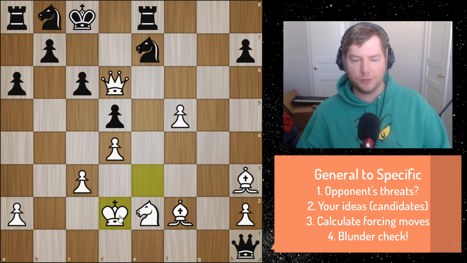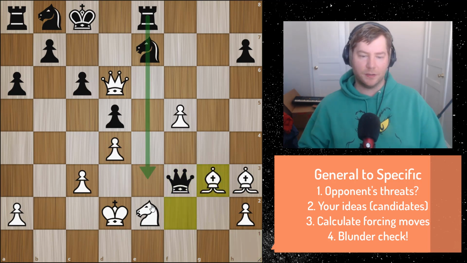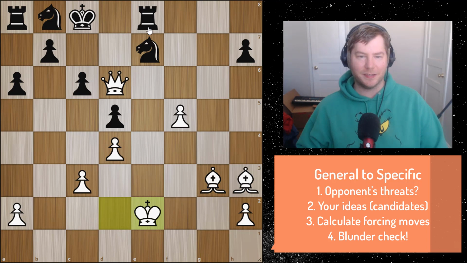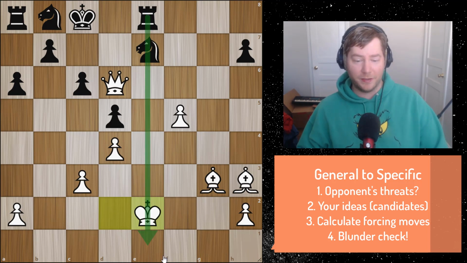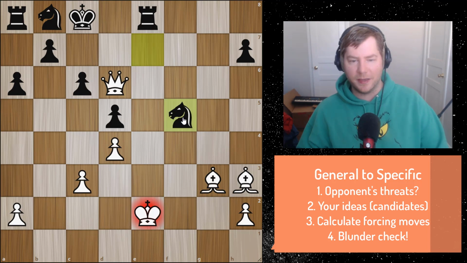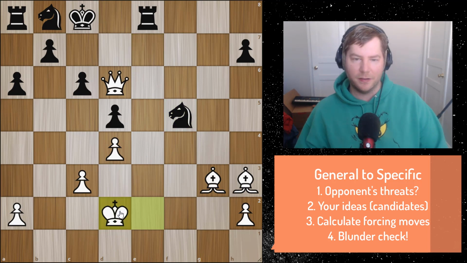So after king to d2, the queen could come to f3, and if you play bishop to g3, you should also note the forcing variation of queen takes on e2. Now if the king takes, notice that he's kind of decoying the king back to the e-file, and now black actually does have knight takes f5. But of course, because the bishop is pinning it, all the king has to do is just go here, and